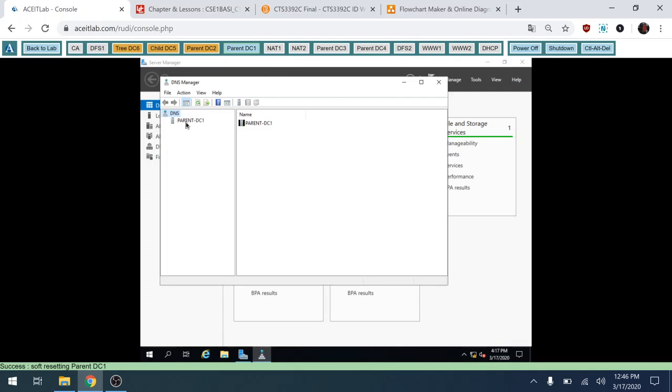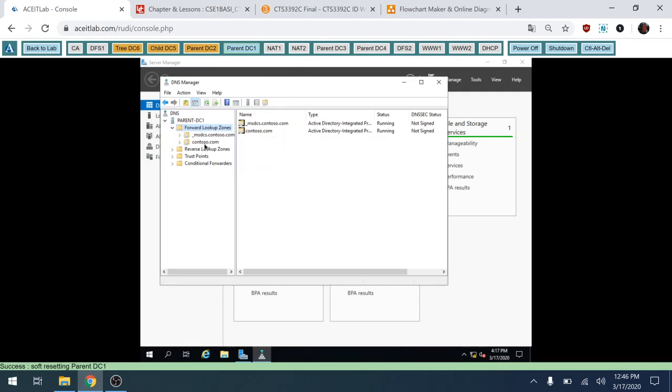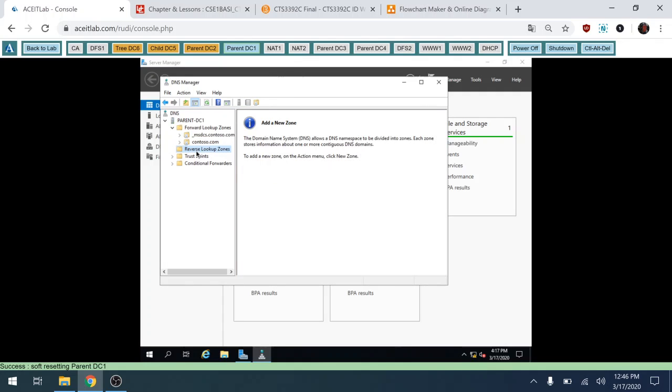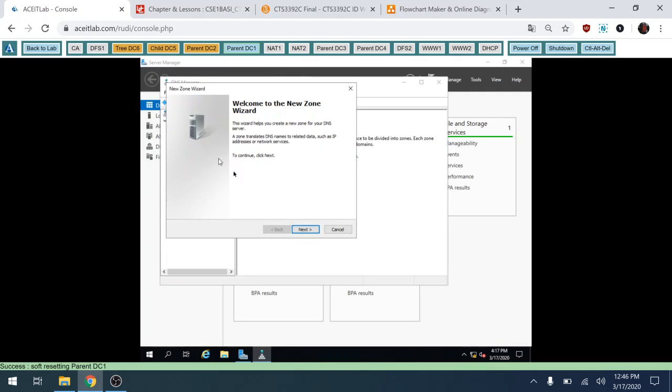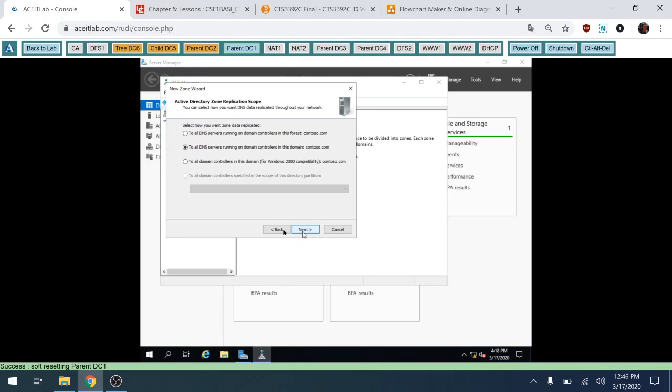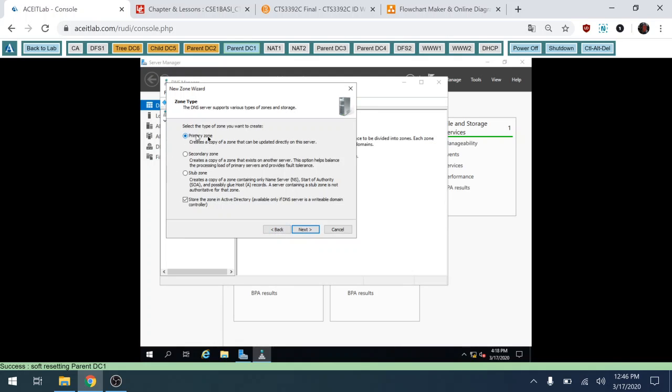From previous classes, you'll know that the forward lookup zone is automatically created for us and configured for us, but the reverse zone is not. So I'm going to go to the reverse zone, create a new reverse zone, and I'm going to create a primary zone. It will be stored in Active Directory. Primary zone means that it will be read-write,